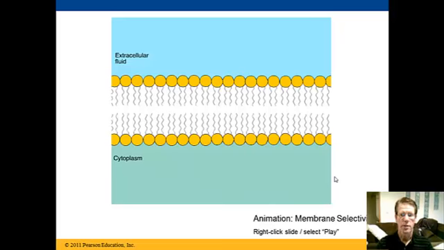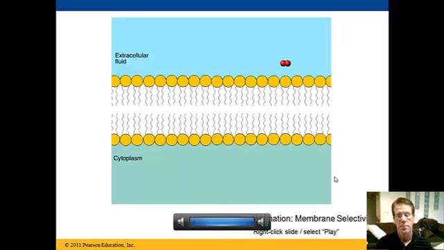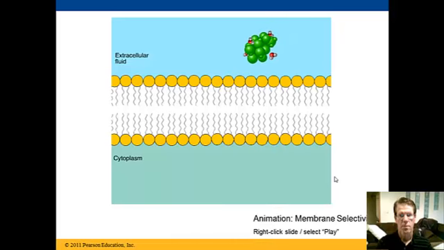All right. Taking a look at the animation for membranes. The plasma membrane is selectively permeable. It lets some substances through and not others. The hydrophobic interior of the bilayer is one reason membranes are selectively permeable. Hydrophobic molecules, those that are soluble in lipids, can easily pass through the membrane. In addition, small molecules like O2 can sneak between the phospholipids of the membrane. On the other hand, large hydrophilic molecules like glucose and ions such as sodium ions and hydrogen ions cannot pass